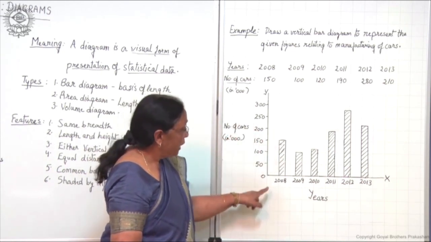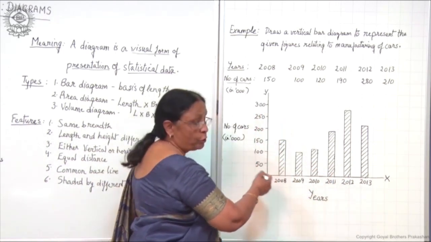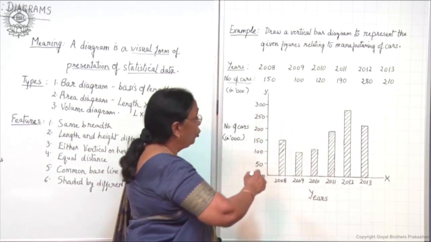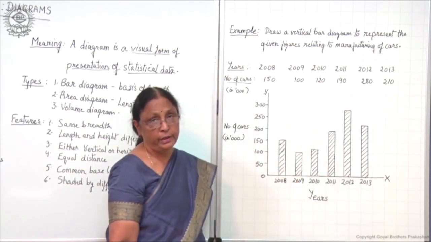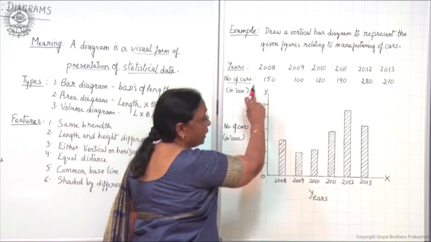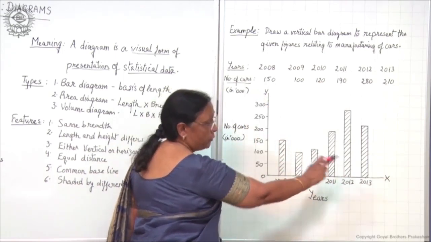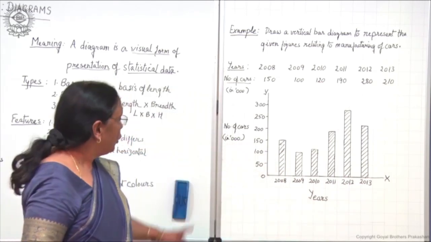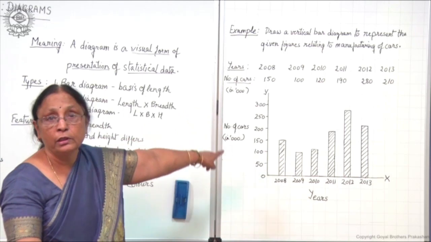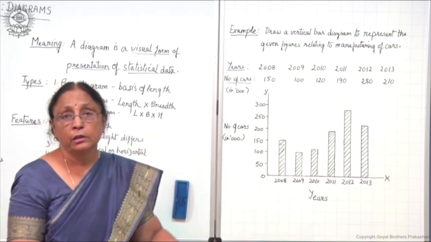Now when you draw the diagram, for bar diagram you have to draw two axes and OY is the vertical axis, OX is the horizontal axis. Remember this, if you write X over here that will be wrong. OY will be vertical, OX will be the horizontal axis. Now here number of cars are taken on the vertical axis and years we have taken on the X axis,